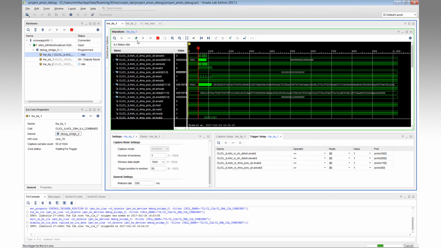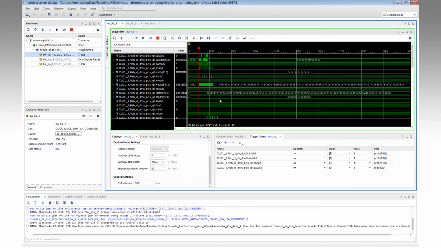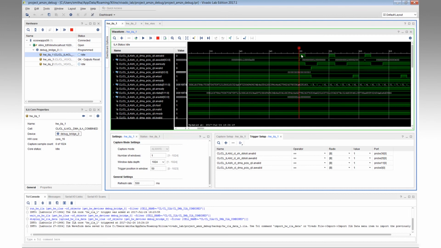Look, now the status is full. It's uploading the data. We have triggered on a write event. We can zoom in on the event and we can see that there are data beats associated with these transactions. There are 4 data beats,